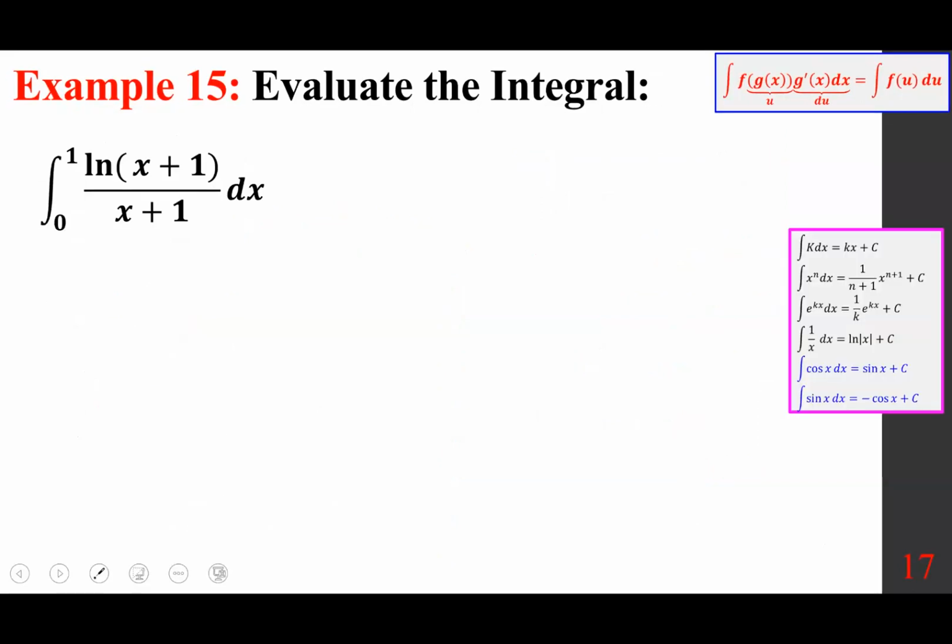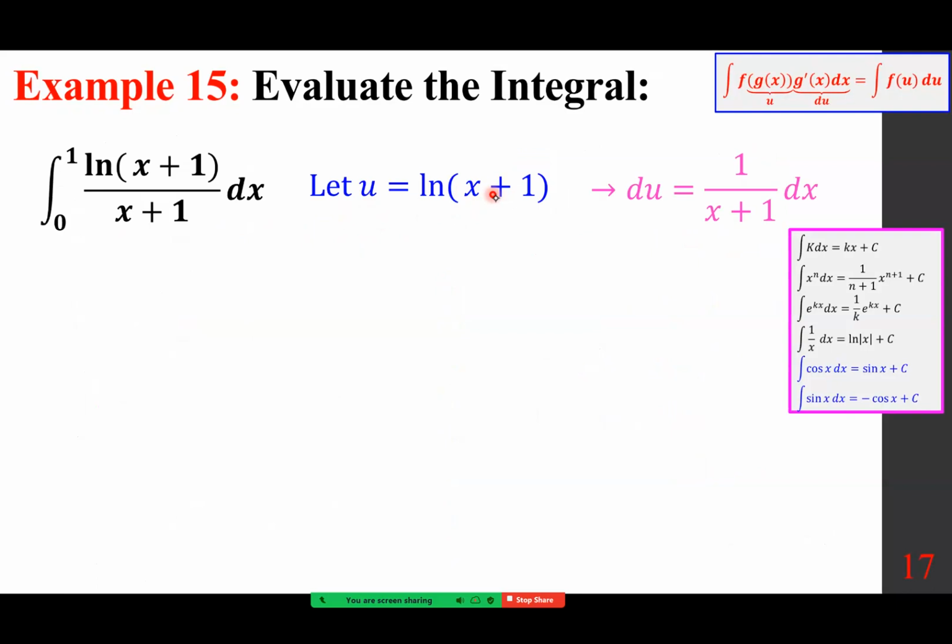Let's do it again. ln is involved. So that is the choice of u. I hope you know that the derivative of this is 1 over x plus 1 times 1, or simply 1 over x plus 1. Therefore, du is 1 over x plus 1 dx. We are going to rewrite this so it becomes clear what we are dealing with. We're going to write it as ln of x plus 1 times dx over x plus 1. We write it so it becomes easy to recognize that this is the choice of u, this is du,